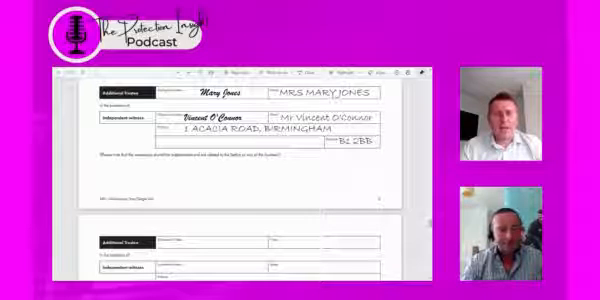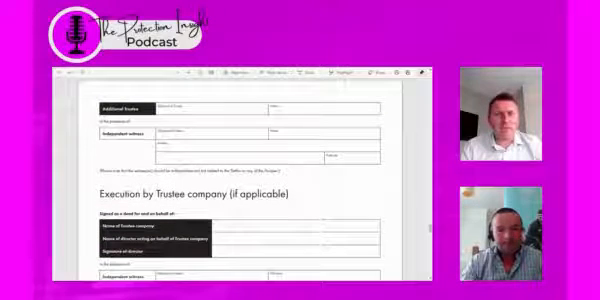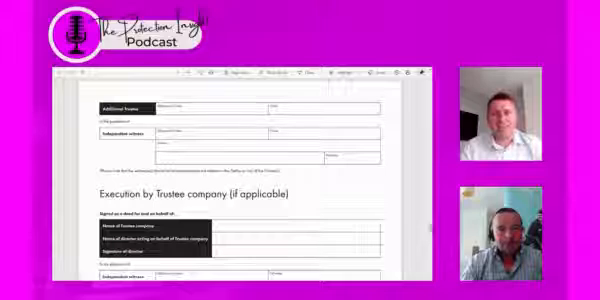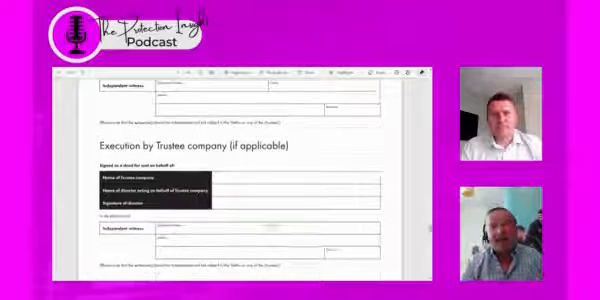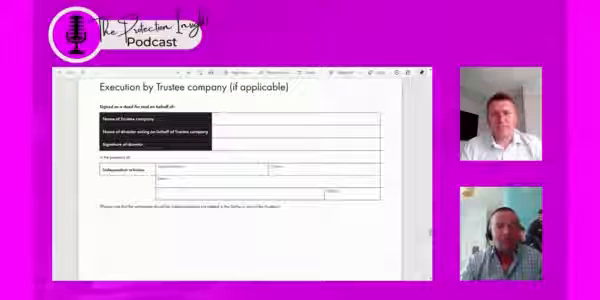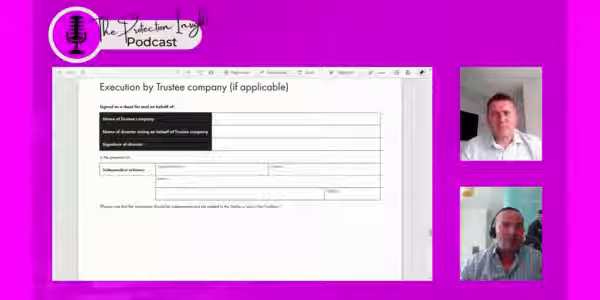Okay, and then we're nearly at the very end of this now. We've got the execution by trustee company, if applicable. Very unlikely this is going to be applicable. You can employ a trustee company rather than individuals to act as your trustee. That's commonly the case, or more commonly the case, where you're talking about big, complicated family trusts, one of these big wealth trusts where there's a lot of administration involved, and you might sort of